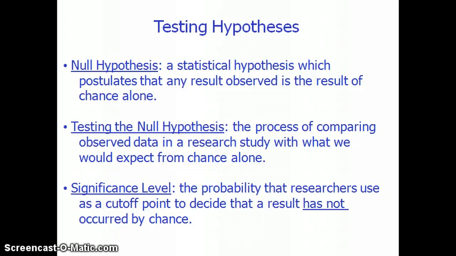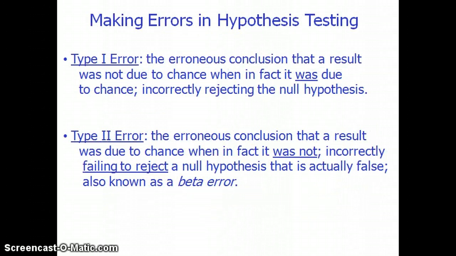When we do testing of hypotheses, we are involved with avoiding or minimizing two types of error. We call them type 1 error and type 2 error. Type 1 error is when we reject the null hypothesis, when in fact that null hypothesis